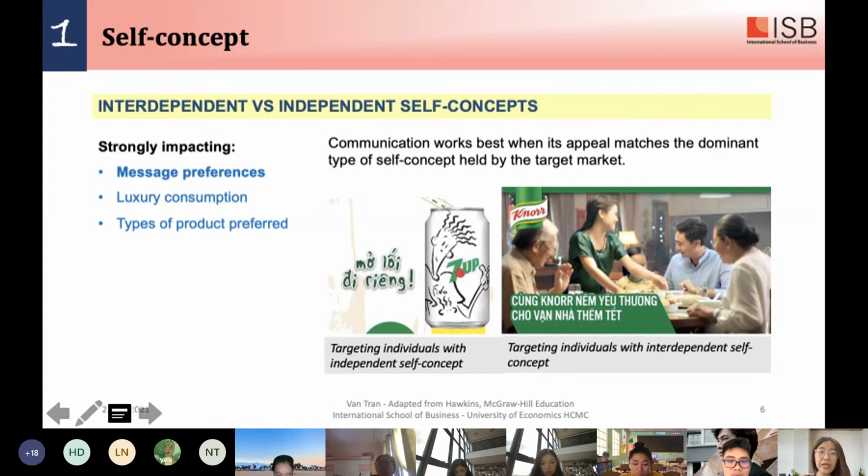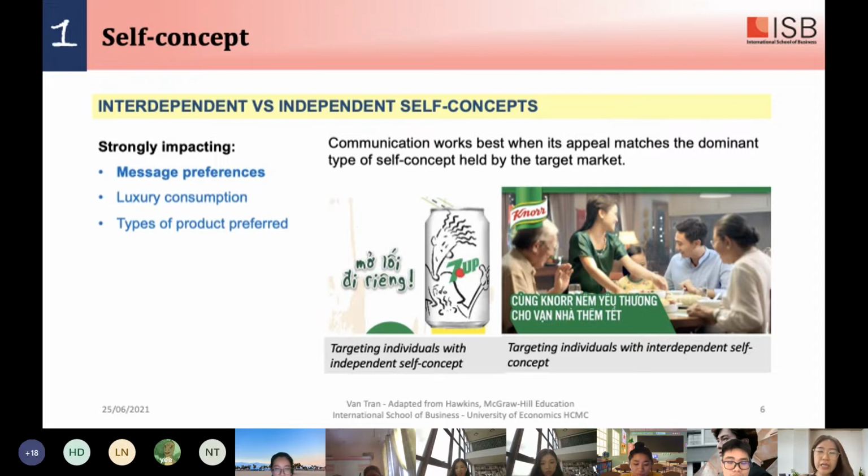If they are more interdependent, they would prefer messages that help them reinforce the relationship that they have with others. Right? For example, in the case of Knorr here, cùng Knorr đem yêu thương cho bạn nhà, right? Help you to reinforce your position and your role in the society or in the community or in your family,